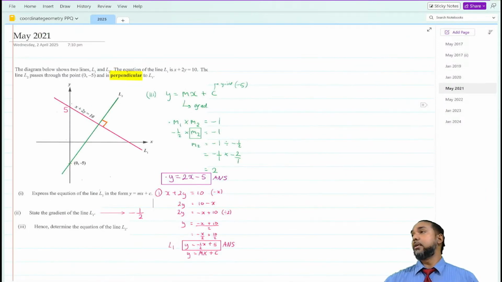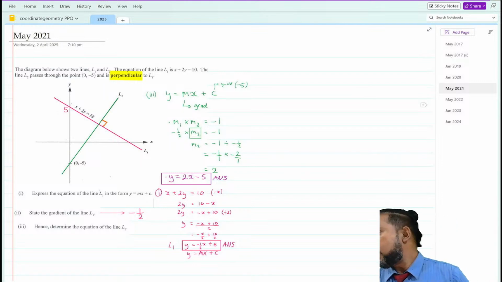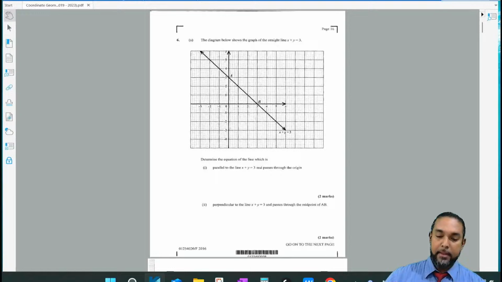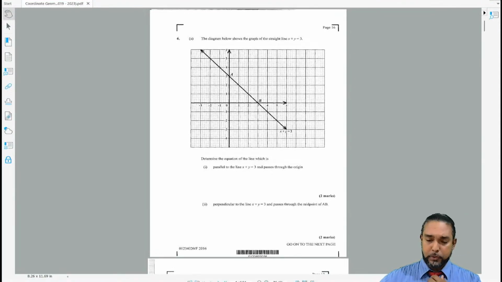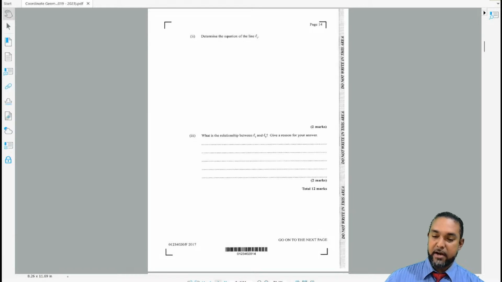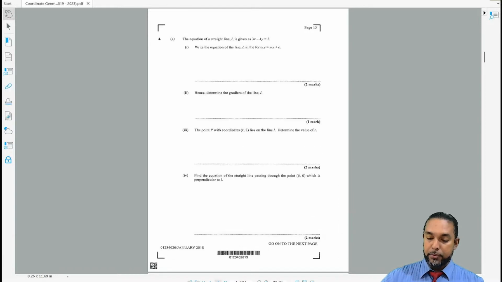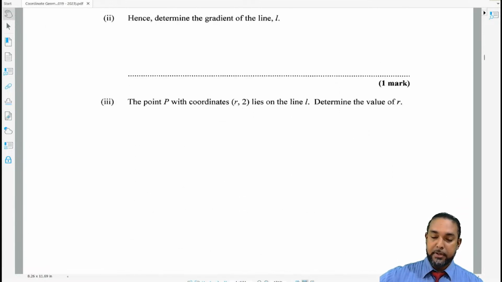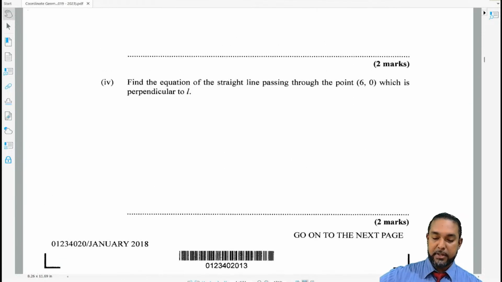The actual questions here are the ones we did before. Every time we do a question, I'll print it out and give it to all of you, and we go from there, so we work at roughly the same pace. Today, what I want to show you is some questions where instead of diagrams, they give you just coordinates and words. This one is the Jan 2018 question.